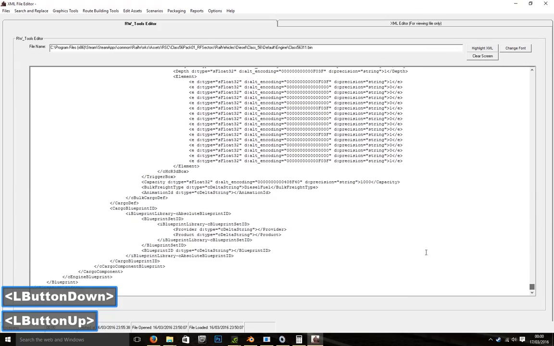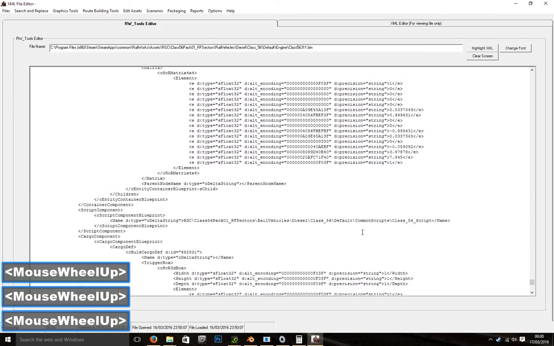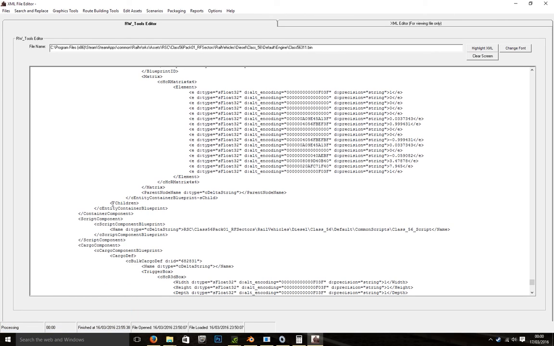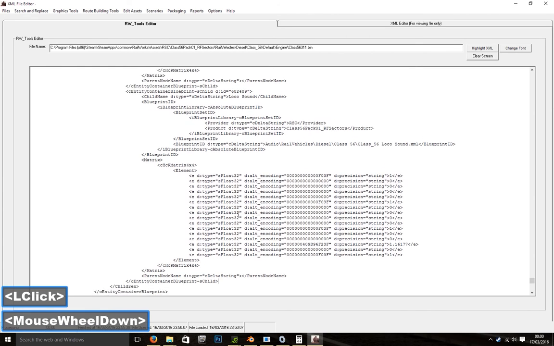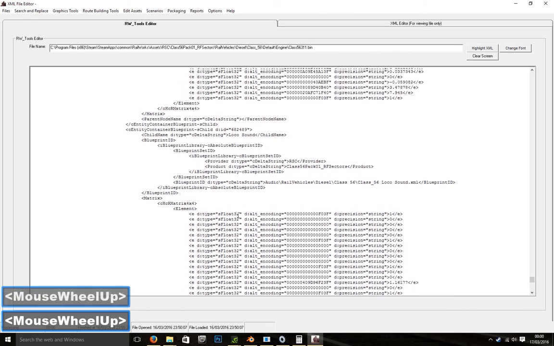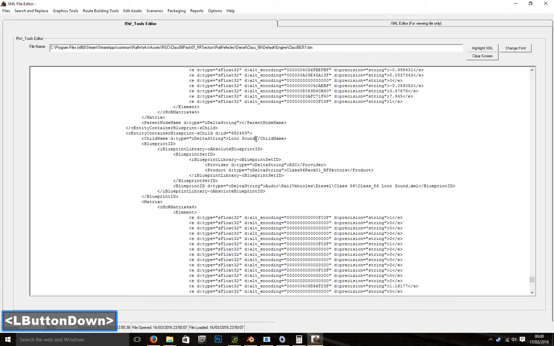And for ease of finding it, in case we put an error, we'll pop it right at the bottom of all the child object entries, which is the /children. Go a line up to the /C entity container blueprint, Control and paste. So we've just duplicated that, but what we first of all need to do is name it appropriate to what we're putting in, which is 56.3.11 number,